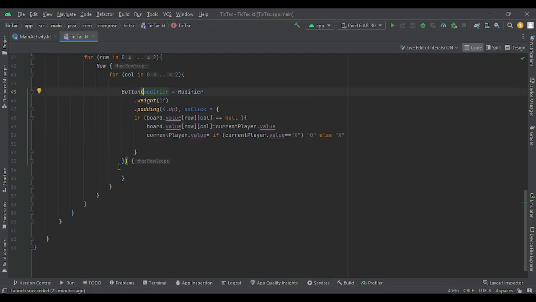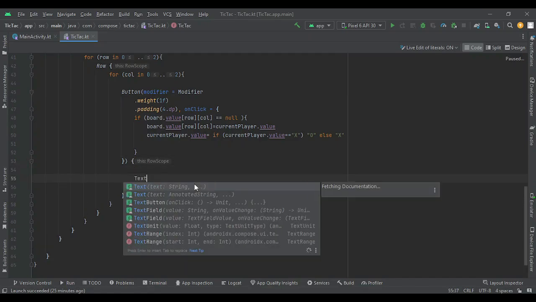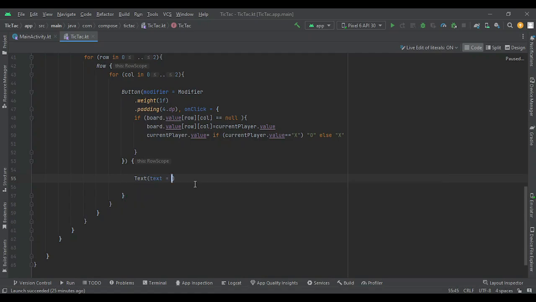So here this button function ends. Here we need to provide a text for the button. So here we will say text, and for the text value we will just provide the board value. So we will say board dot value